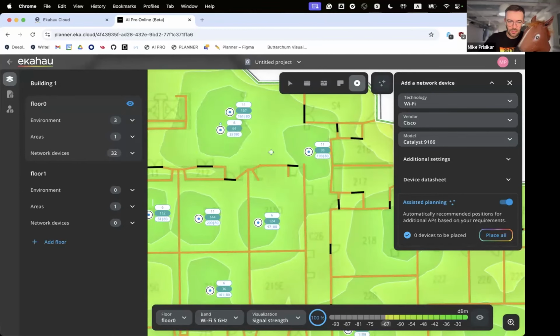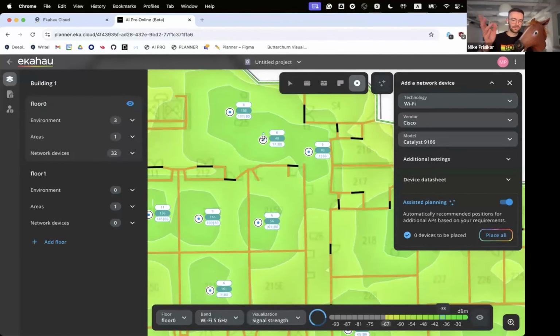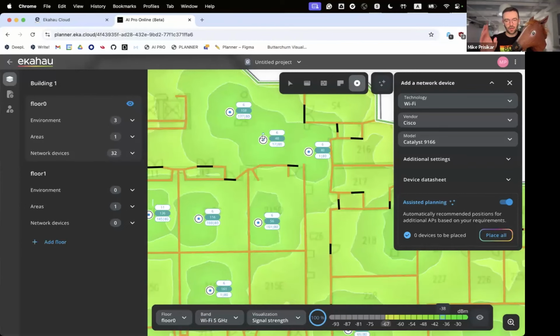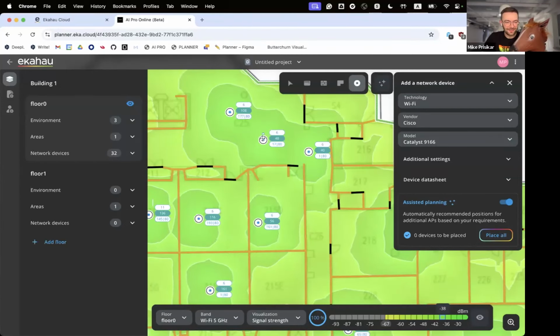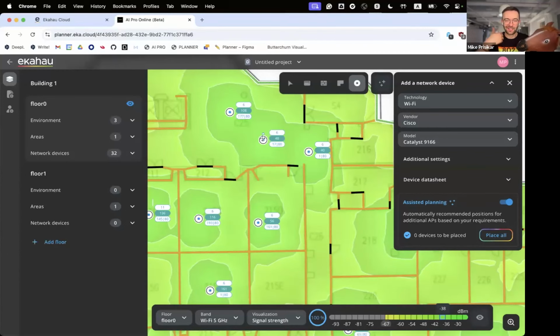That's super cool. Actually, what I did, I'm just sometimes turning the Ekahau AI Pro Online full screen and just leaving the screen on, and it works like a really, really good lamp. Like a lava lamp, I guess that's how they call it, with this fancy animation. So yeah, that's the thing, right? Super simple, super easy. And even Horse can do that. If I can do that, Horse can do that.